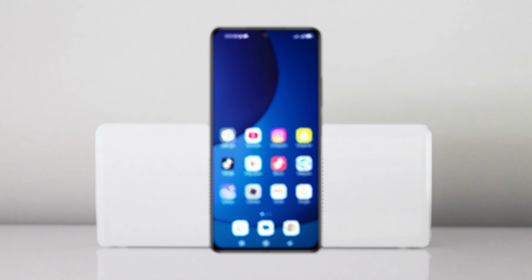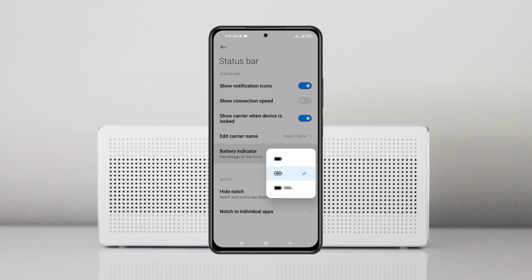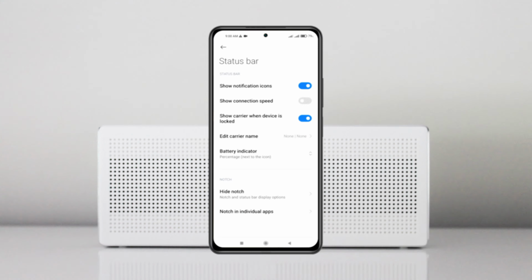In this video, I'll show you how to change the battery indicator on a Redmi phone. So if you want to show or hide the battery percentage or the indicator, then here's how you can change